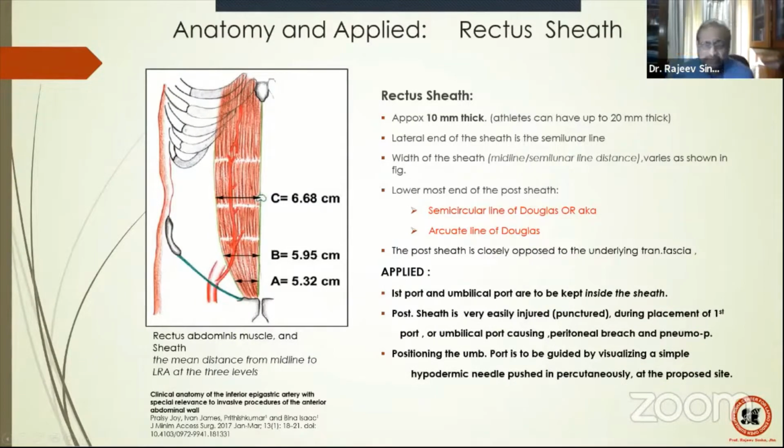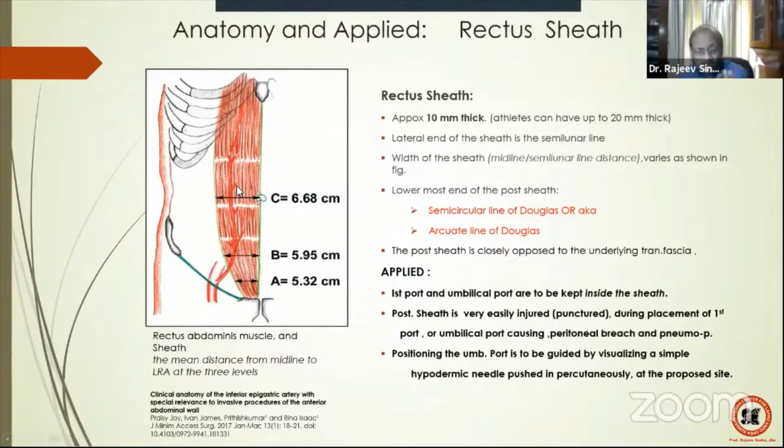Why do we want to stay inside the sheath? Because we have a very, very self-created area of the retrorectus space. Let me tell you, you can also enter the preperitoneal even beyond the semicircular line. Don't go with the impression in mind that ETP can only be done from inside the rectus sheath. No, let me tell you, it can also be done from outside the semicircular line. You can also approach the preperitoneal from here also. You can do that. But this is the safest option.